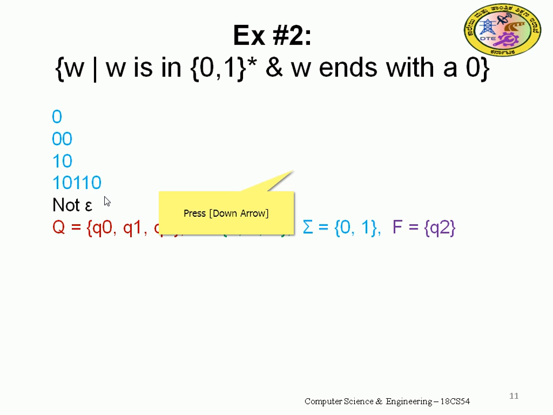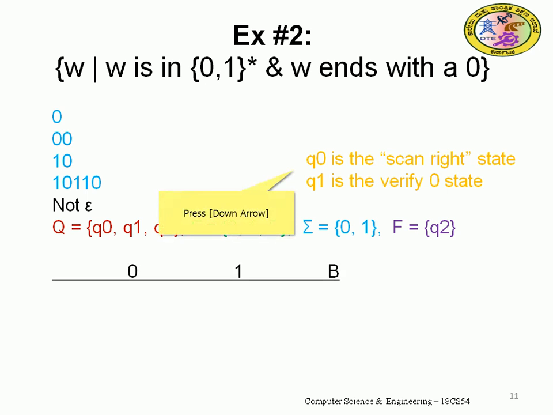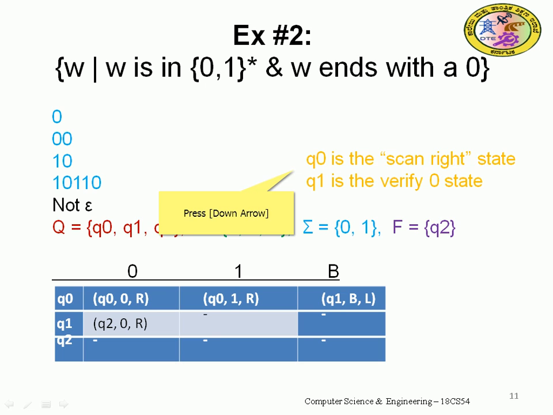So Q is equal to {Q0, Q1, Q2}. The input symbols are 0 and 1, the tape symbols are 0, 1, B of the Turing machine, sigma is the input 0, 1, and F is the final state Q2. B is the blank for the tape. Q0 is the scan-and-write state, Q1 is the verify-0 state. Let's see the inputs 0, 1 and blank. When Q0 is the initial state and 0 is input, then it remains in the same state, and 0 will be